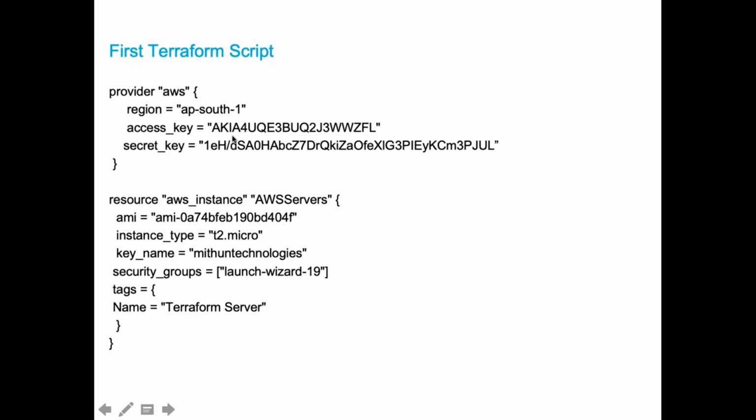First, I will show how we can use the access key and secret key directly in the script itself. Then I will show you where we are going to keep them. If you want, you can keep them in third-party software like Vault. There you can keep them securely and retrieve them securely also. Okay.